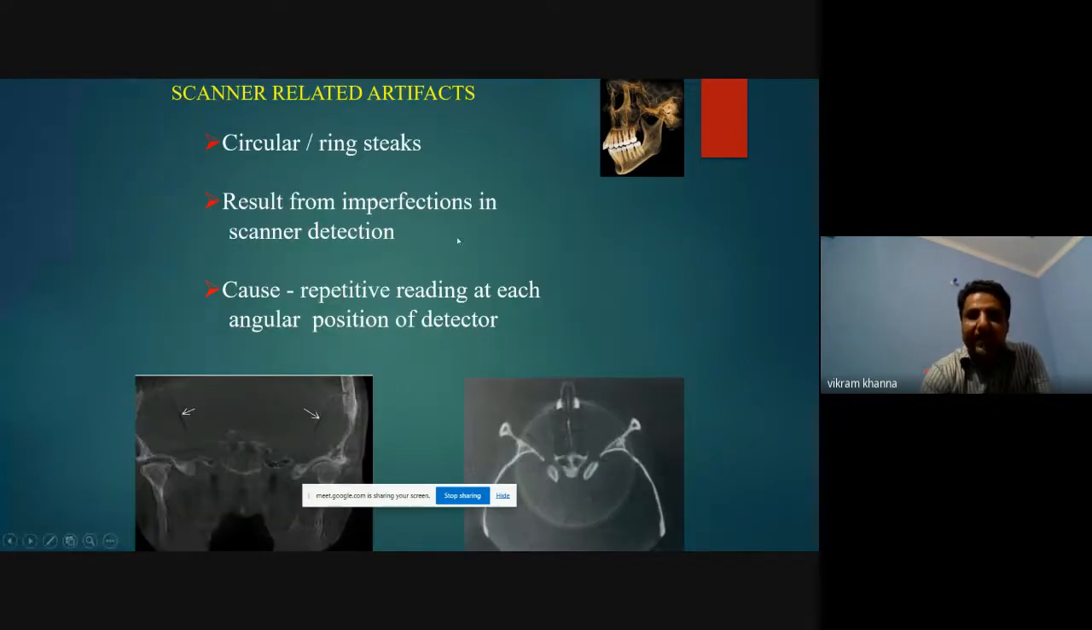And these are the scanner-related artifacts, where there is indentation on the detectors resulting from imperfection, or if calibration is required and the detectors are non-calibrated, you can see this kind of artifact. This is some damage to the detector which has been present, or again a ring artifact, which has been called as